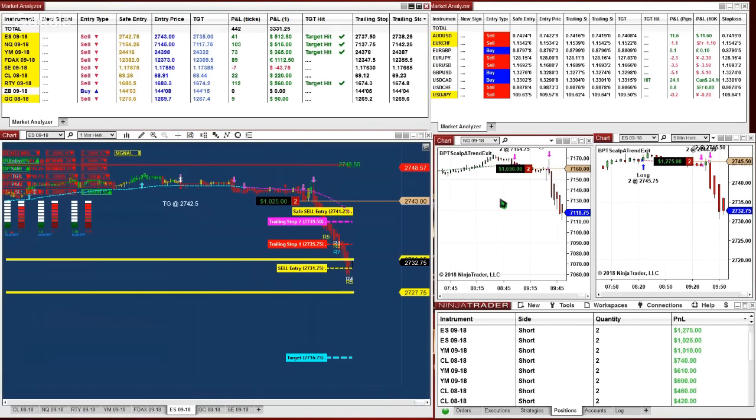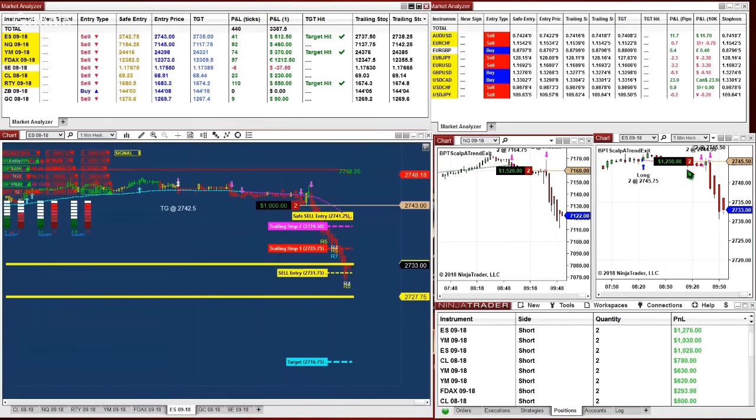On the right-hand side, what you're looking at is the swing trading, and we are in the trade right now in the ES, YM, and CL. This is swing trading. We are in that trade, 1,500 on the NASDAQ and 1,200 on the ES. On the market analyzer,